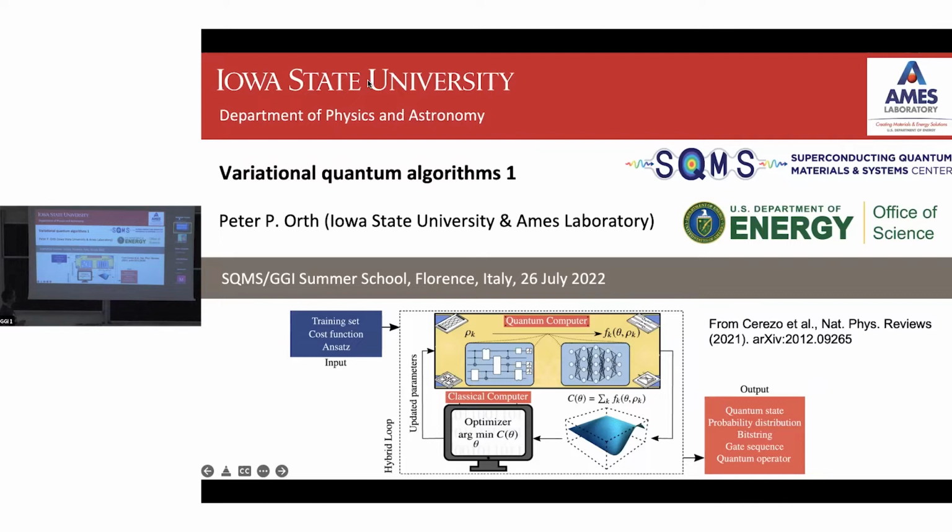And the second problem is that you need to do a lot of measurements. So basically, what you're doing in these algorithms, you're trading circuit depth, because it's limited by the fact that you have errors that you can't correct for, for making many repeated measurements. And so that's typically one of the bottlenecks of variational quantum algorithms: you have to make a lot of measurements, which takes time. You need to make a lot of measurements because, as I said, you create that state and make measurements in every one of these steps. And of course, you need to measure more than once because you have shot noise, and I'll talk a bit more about that later.